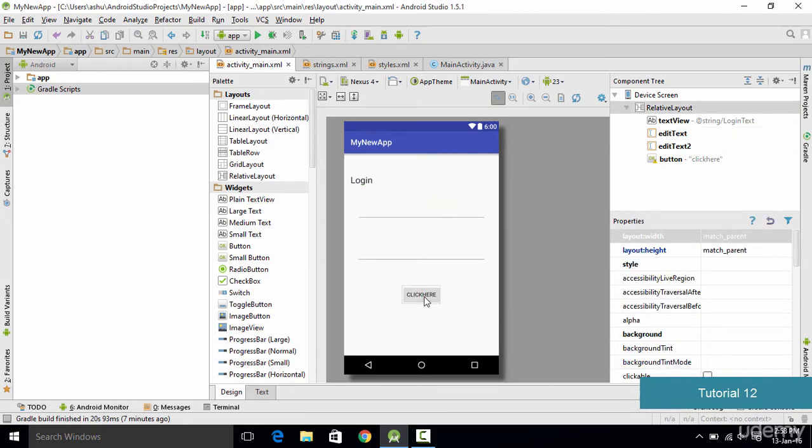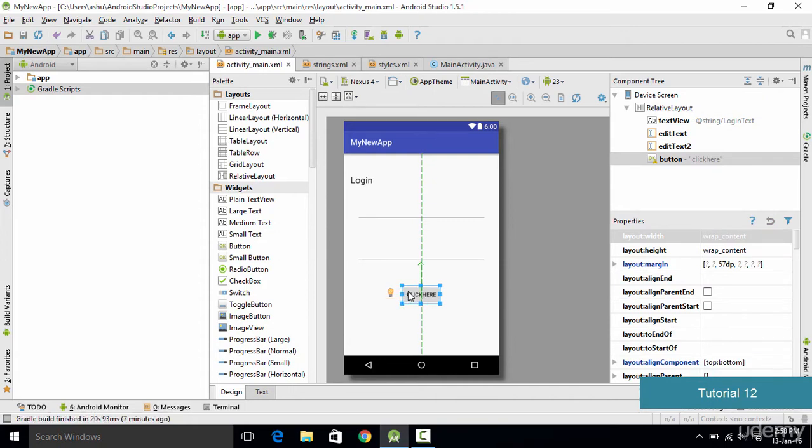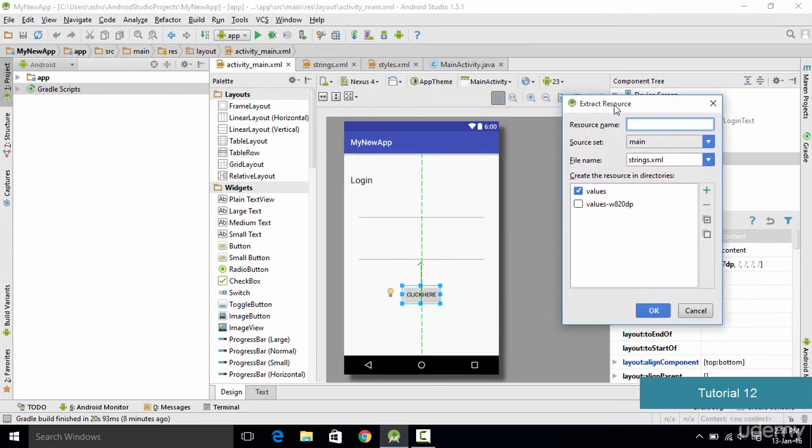So you might have noticed that when you click on this button, you are going to get a light bulb on the side of it, and this light bulb specifies some warning. That means we have done something incorrect. Now in order to check the warning, you simply click on this button, and as you can see, there is a small arrow right over here which points towards the right. Then you simply need to click on this arrow and add a resource.